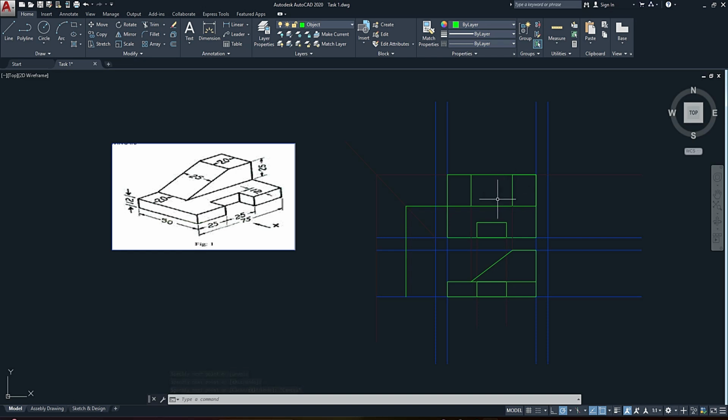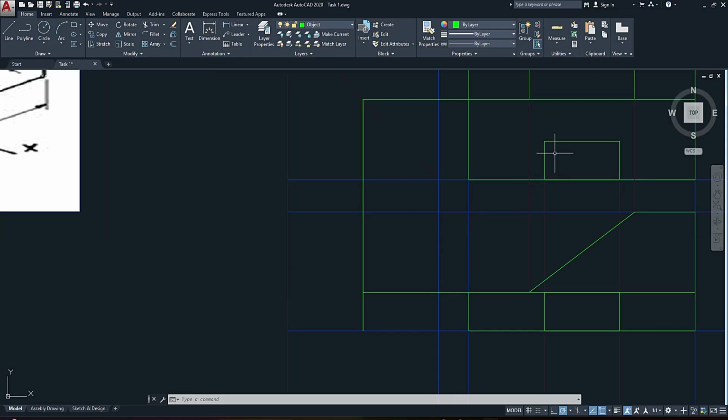How do we know where the wedge is going to stop? We simply project, it stops right here. So we project a line across similar to this. Now again, when you're looking at the end view, you're not going to see the wedge shape. You're going to see what? A rectangle. What does that rectangle look like? It's going to look like,